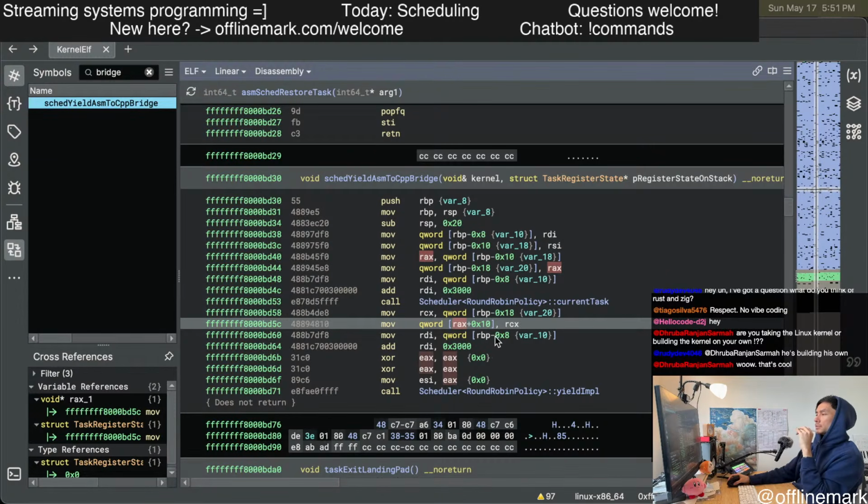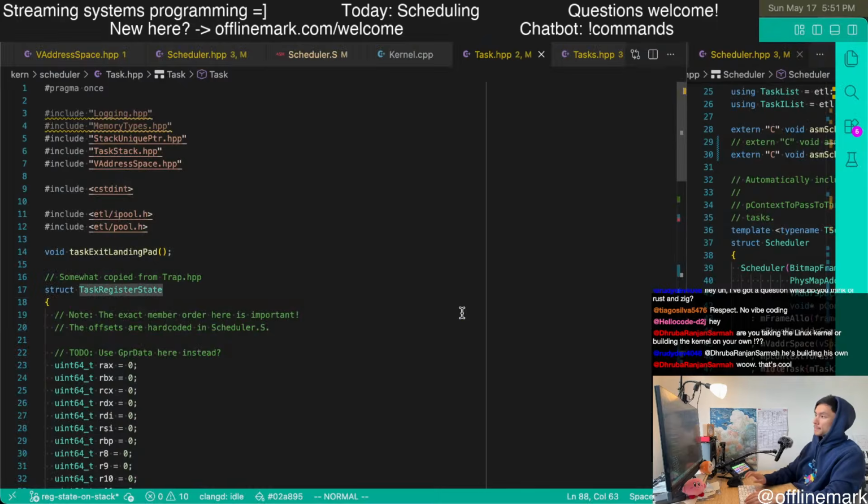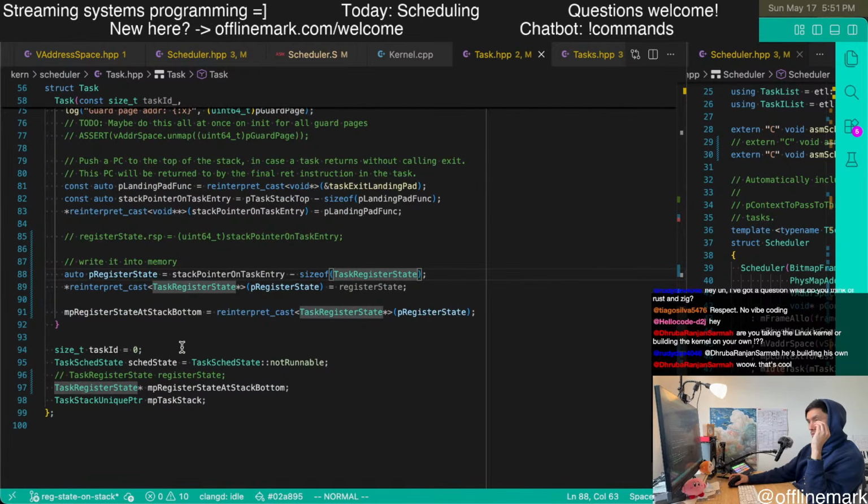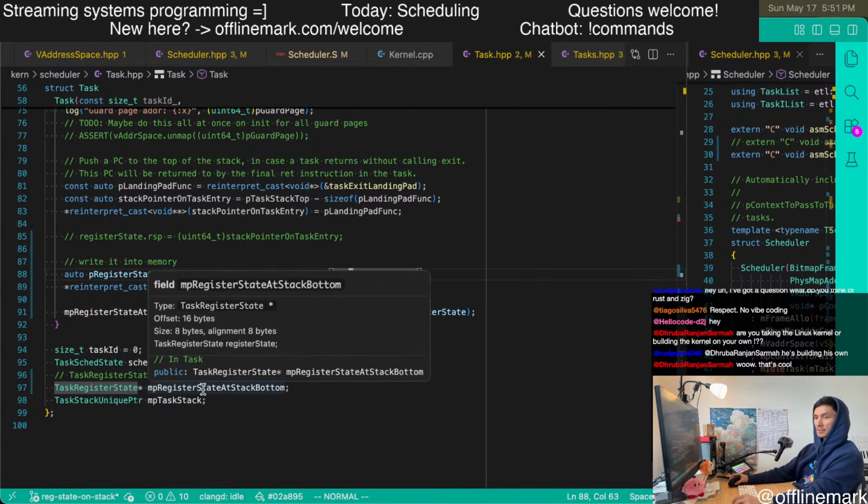Why am I so confused about this? Oh, I see. RAX is the return value from this function. So this returns the pointer to the task, and then we're writing into offset hex 10. Does that make sense? This is 8, and maybe this is 8 too, so that's plausible that this is offset hex 10 into the struct.